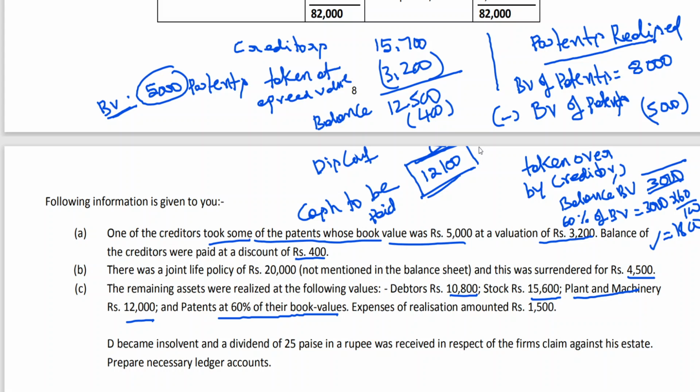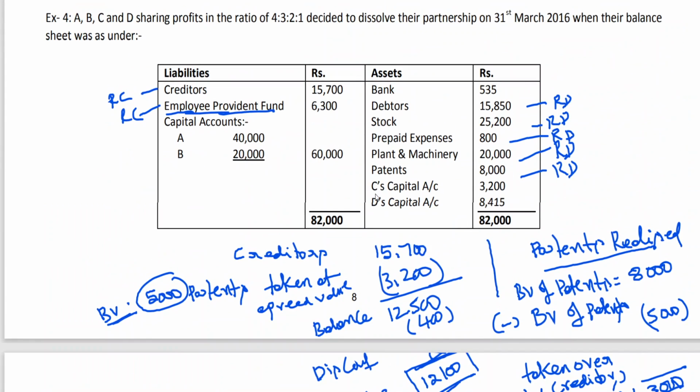That's it. Expenses of realization amounted to 1,500. D became insolvent and a dividend of 25 paise in the rupee was received in respect of the firm's claim against his estate. Prepare necessary ledger accounts. Now here, who has become insolvent? D has become insolvent. That means C, even though C's capital account is showing debit balance, as I told you,